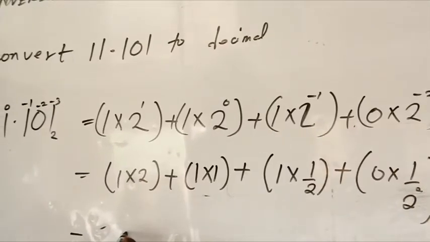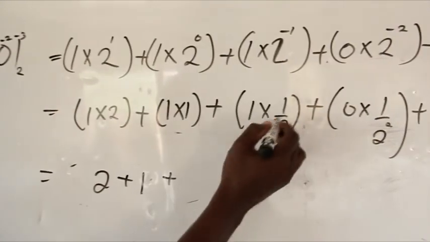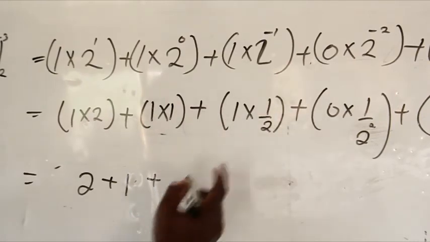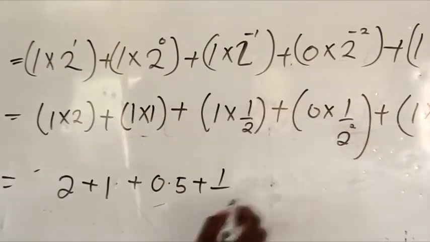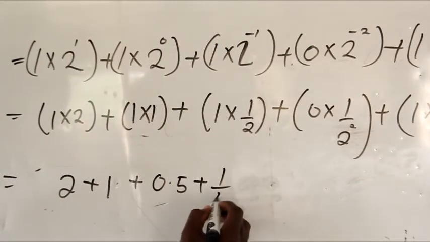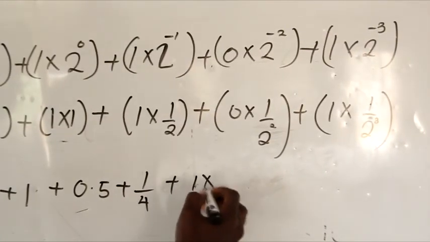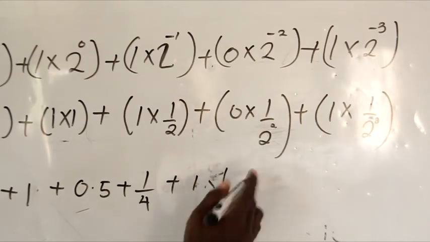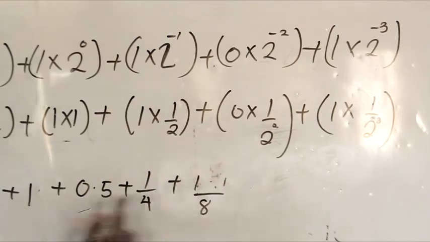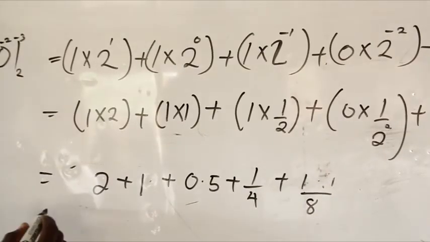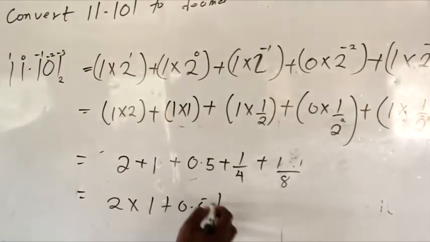1 times 2 gives us 2, plus 1 times 1 is 1, plus this is half. 1 times half, this is half, that's 0.5, plus this is 1 upon 4, plus 1 times 1 upon 8. 1 times 1 is 1, 2 raised to the power of 3 is 8, 1 upon 8. Okay, let's convert all of them to decimals. It becomes 2 times 1 plus 0.5 plus